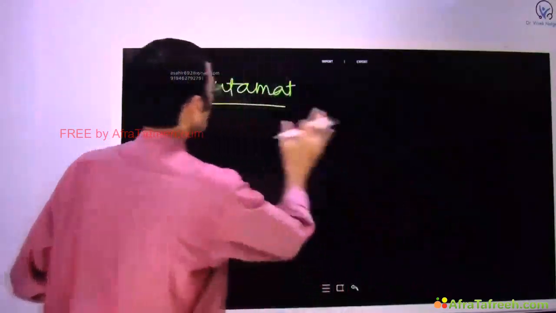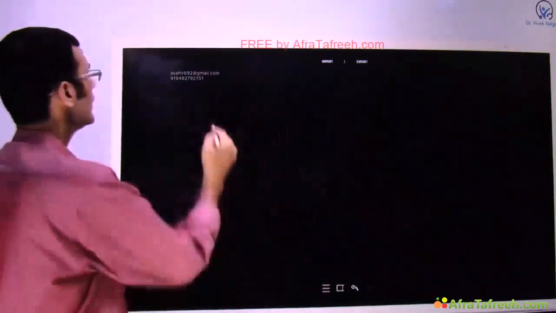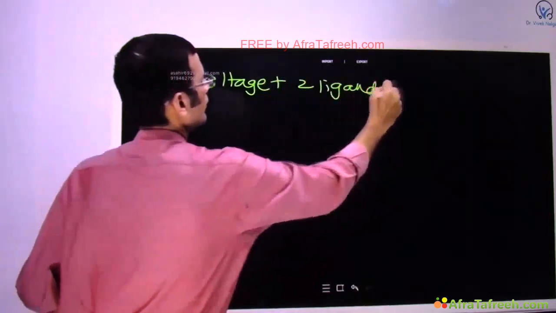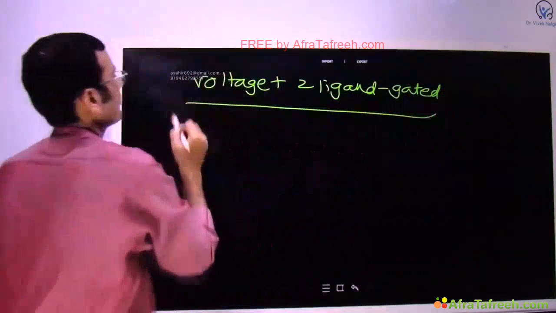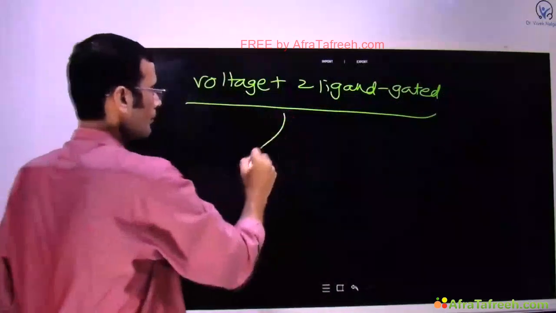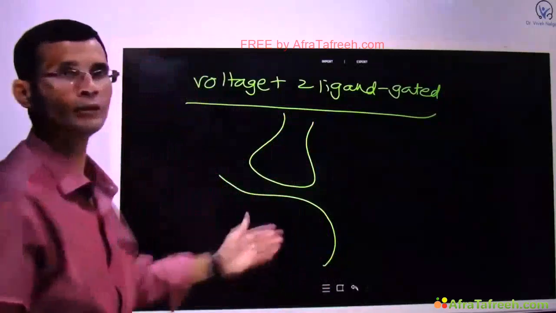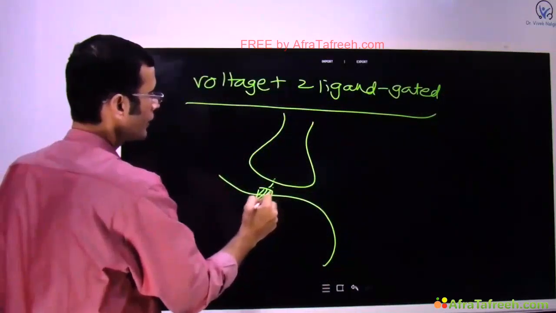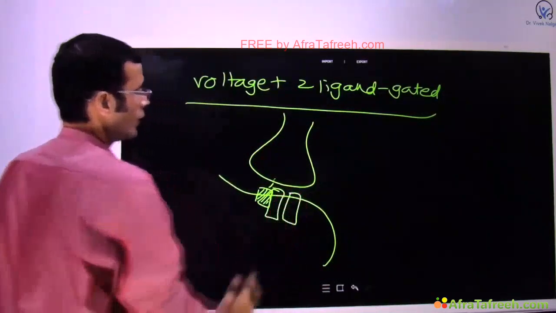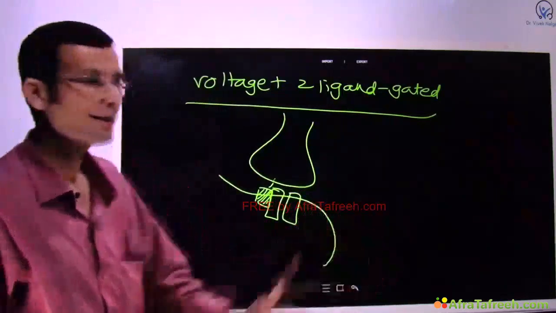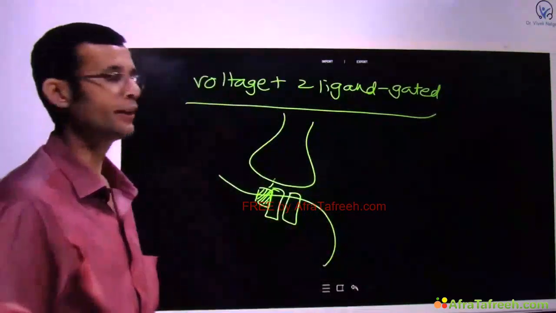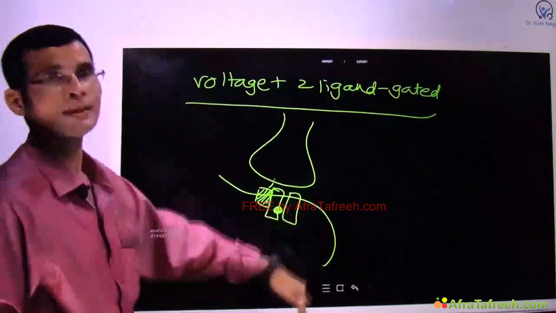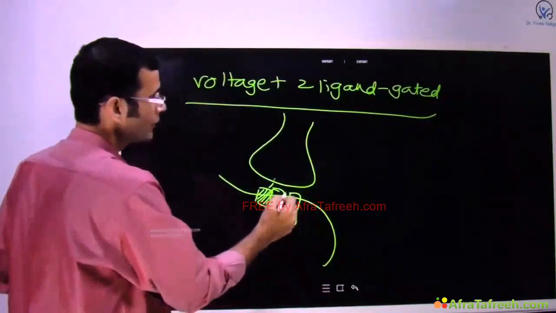This protein is special because it is a voltage plus 2 ligand gated channel, the NMDA receptor. How? Watch this. When glutamate is released and it combines with the receptor portion, the channel does not open straight away completely. There is a partial opening of the channel. There is a magnesium block on the channel, so that's not completely removed. Partly open channel, and there is a